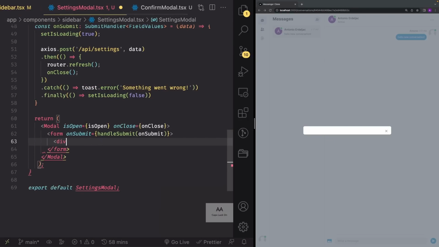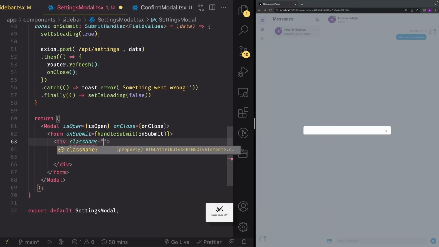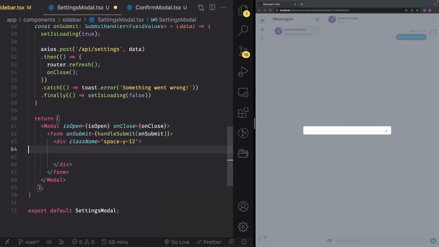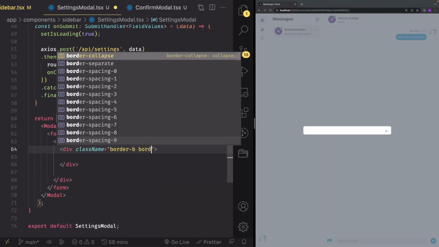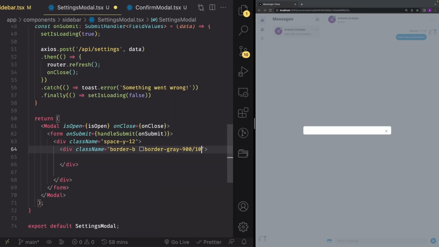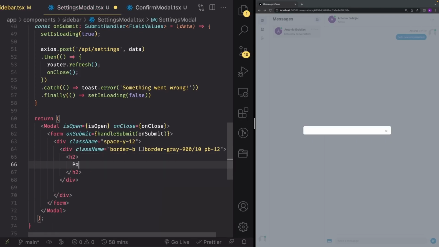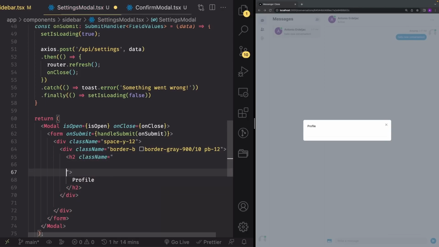So open a div and give it a class name of space-y-12. Inside, create another div with a class name border-b border-gray-900/10. So /10 means opacity 10, and pb-12 like that. And inside an h2, which is going to say profile like this, and give it a class name of text-base